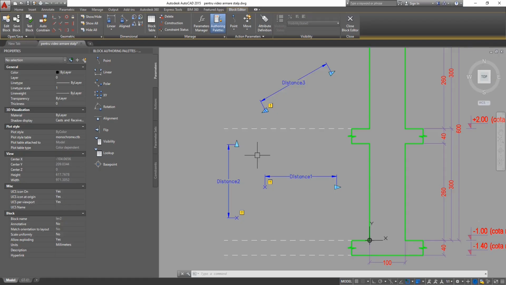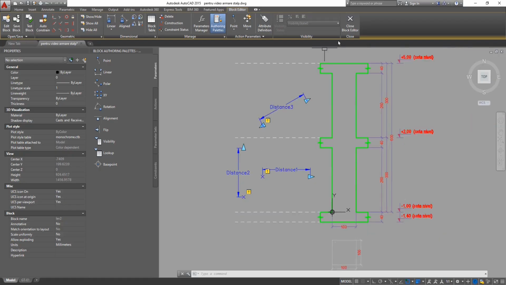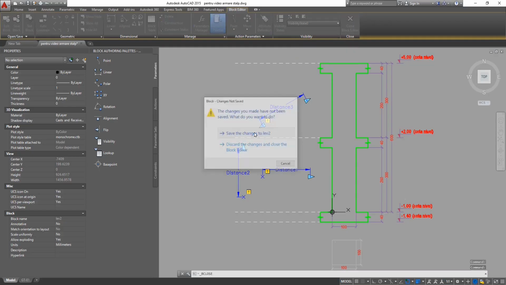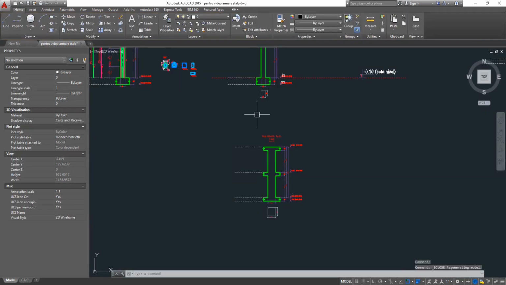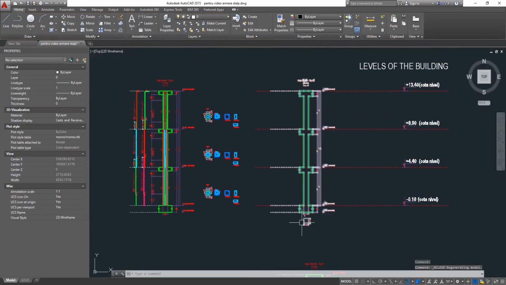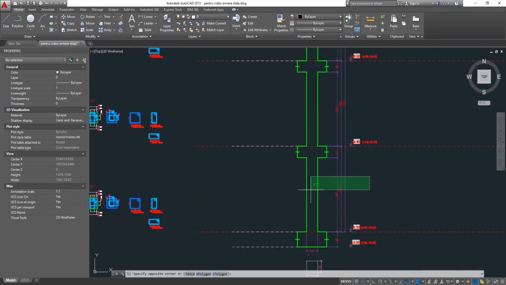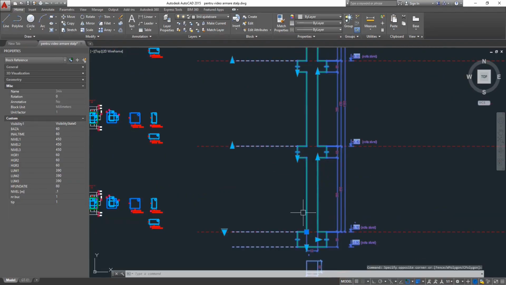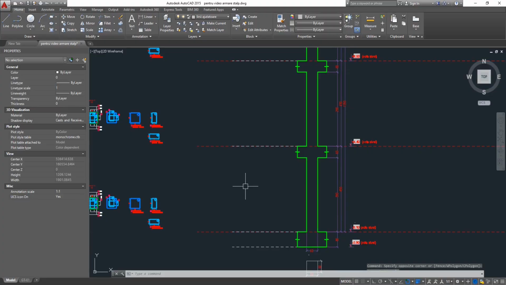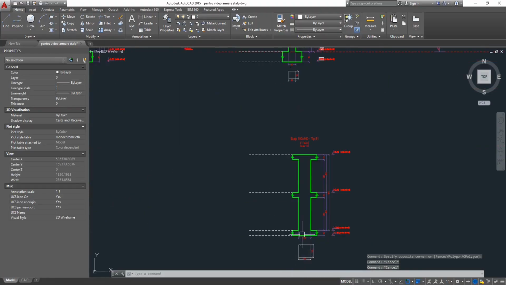Okay, so what I want to show you next, we're just going to exit this block for a little bit, and we're going to choose an already constructed block. Just pick it. Now you see the grips of the parameters, and what you see in the properties tab, these values are actually the actual length of the parameter. So this is very important to bear in mind, because when we are constructing the block,